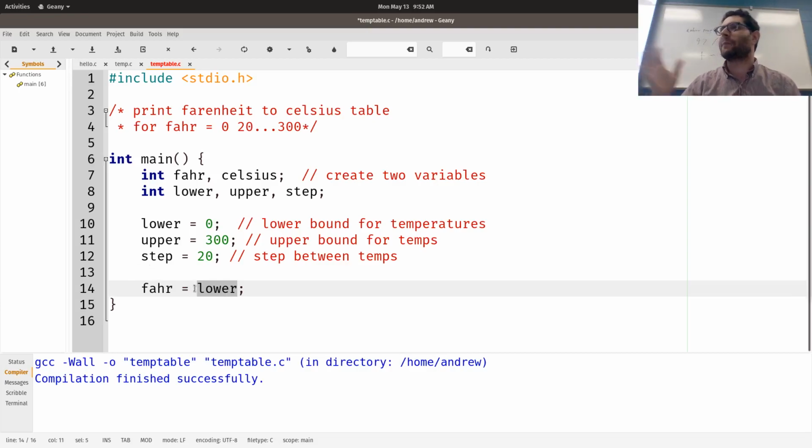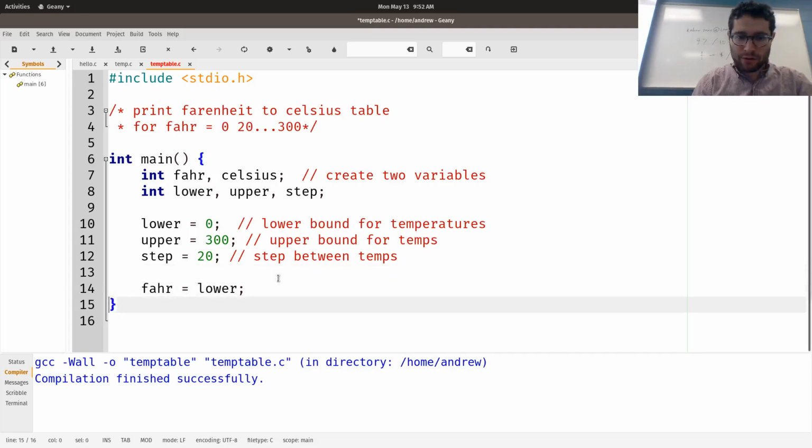They both have a copy of 0 in them. We're not saying that Fahrenheit and lower are the same thing. If I increase one, the other one doesn't increase. We figure out what lower is, it is 0, and then we take that value and put it in here.